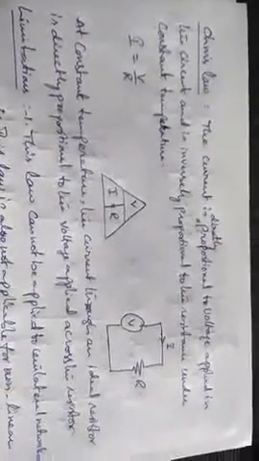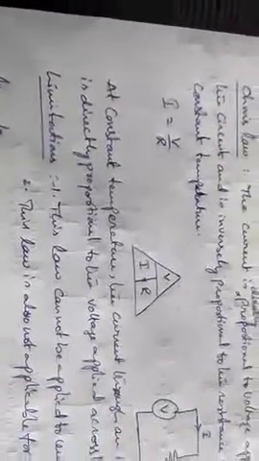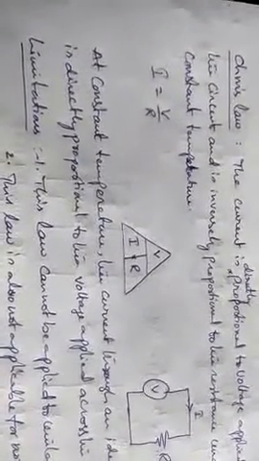And the circuit we have shown here. That can be written in another form also. At a constant temperature, the current through the ideal resistor is directly proportional to the voltage applied across the resistor. Now the temperature should be constant. If temperature changes, the resistance of the conductor changes. That's why the temperature should be constant. Then only Ohm's law holds good.